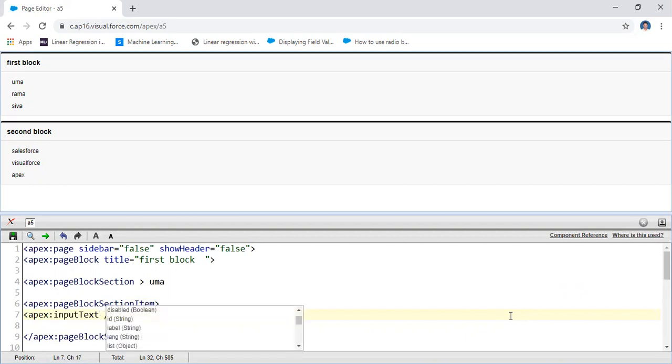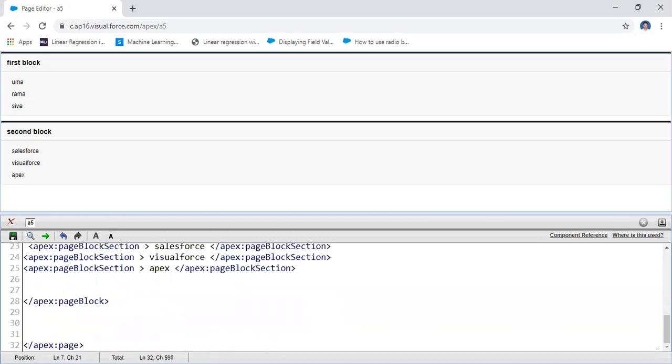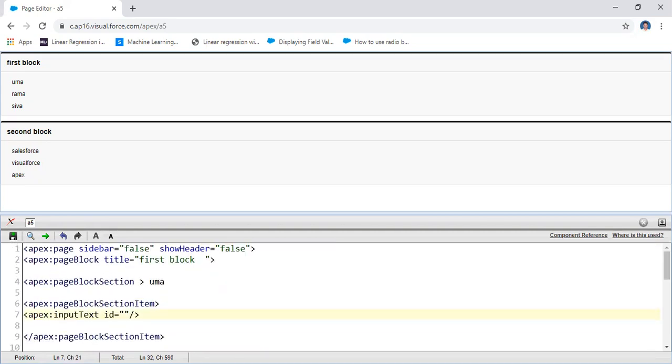The input text consists of the id. You may write anything here, different fields are there: title, value, id. That means I am taking the id. id equal to, that means id value. You may take this one, no problem. id equal to, write any string. The string here is common to this field. That means I am taking the input field for this one. id equal to, for example, r1. Let us assume, save this one.